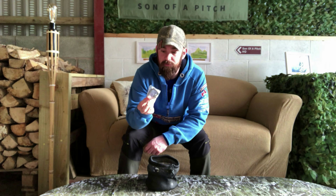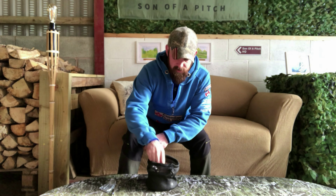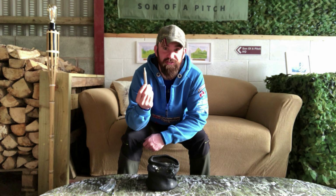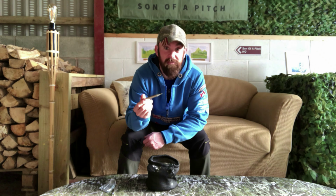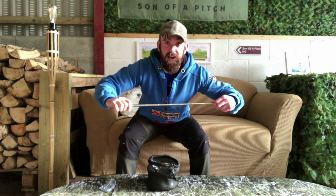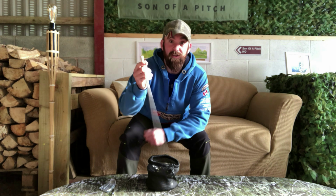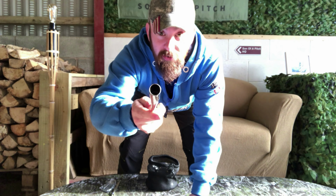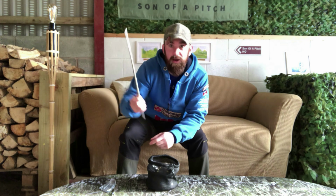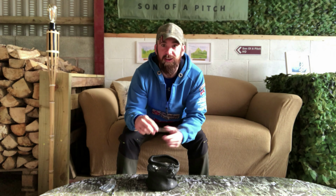Next item I won't be using with the pot, but again very useful to have, is a carabiner. Now this item troubled me. I had to read the instructions to find out what this was, and it's probably glaringly obvious, and if you know what it is straight away, put it in the comments below please. It is an extendable metal pole, is all I thought at first. Quick show, it is hollow inside, and I thought maybe this is for digging things out when you've got your wood in, knocking it about, or like I said before, taking your barbecue mesh off,